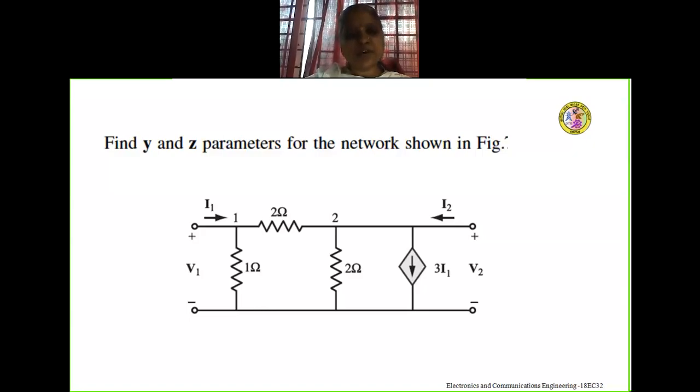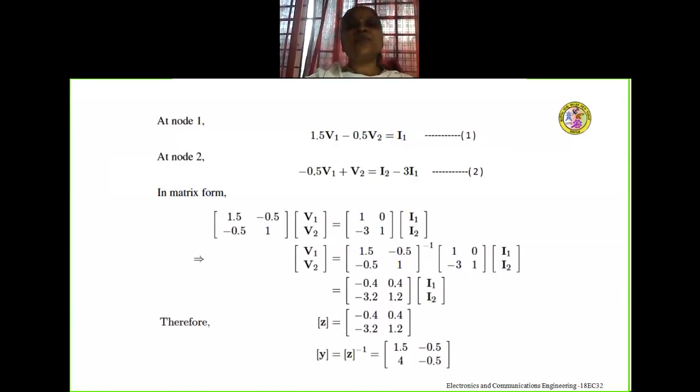So let's go for nodal analysis. And here I have identified two nodes, node 1 and node 2. As usual, one more node, that is the reference. Now let us apply KCL to node 1 and node 2. If you see node 1, we have 3 branches, and if you see node 2, we have 4 branches. By applying KCL to both the nodes and by simplification we get, that is at node 1,